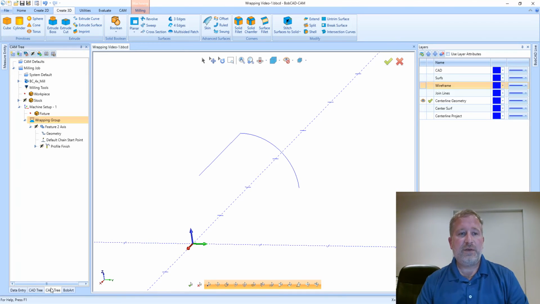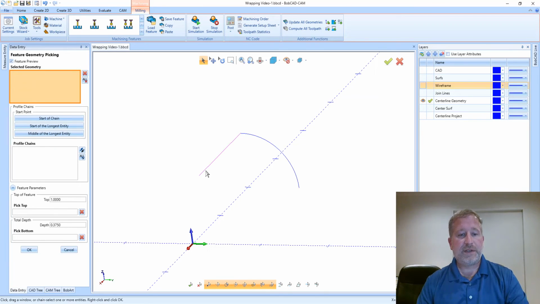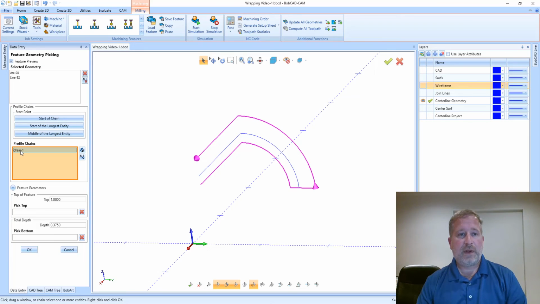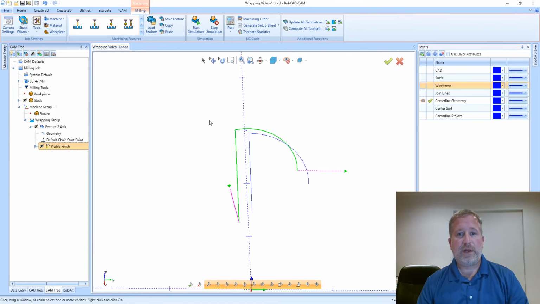So I remove my existing geometry, reselect and chain that, and I can reverse that chain if I want to, and say OK, and now compute this path. The resulting tool path is going to be